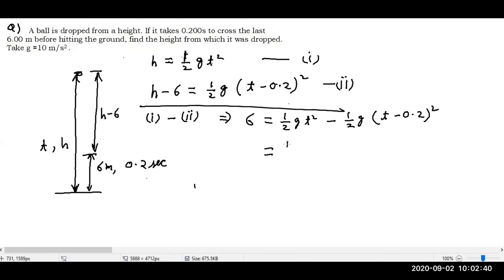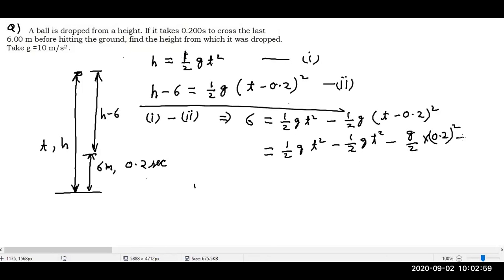If you solve it further, half g t square minus half g t square plus g by 2 into 0.2 square, and this will be minus,